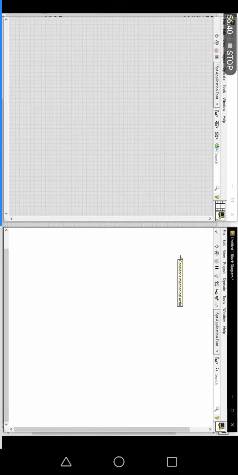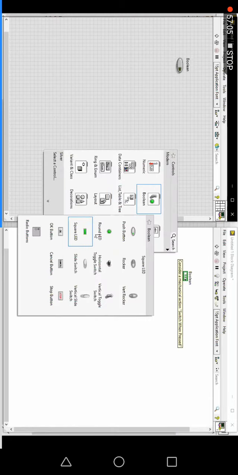Mechanical action means they are going to tell what the mechanical action is. So we'll start with the switch when pressed mechanical action. My mechanical action will be the switch when pressed mechanical action. For the switch when pressed mechanical action, a Boolean control will be available. They will also give one block diagram over there, like this.